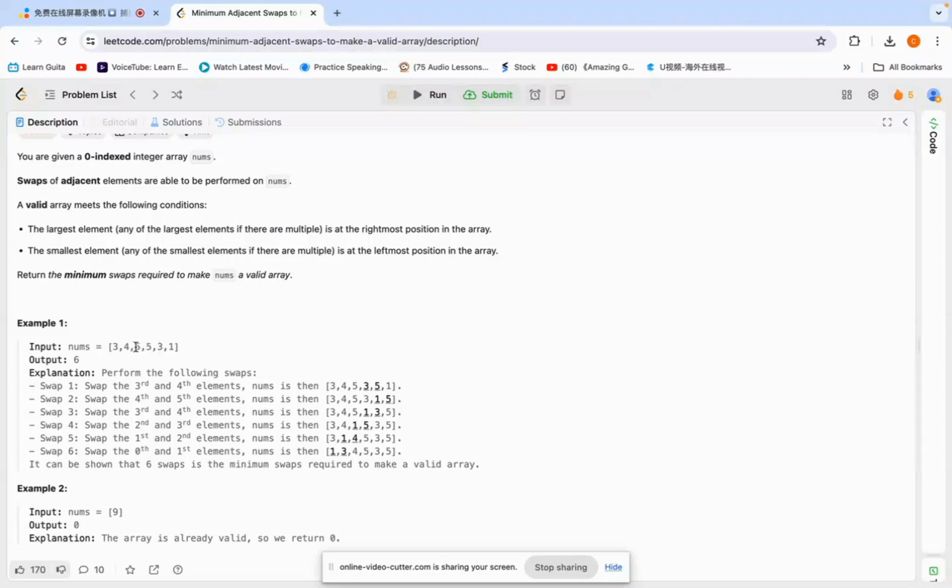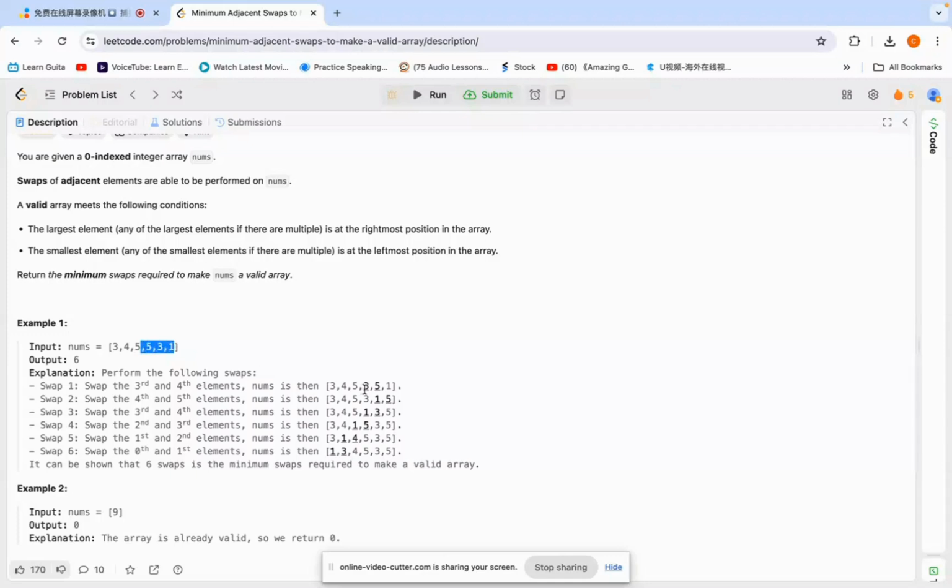But there are duplicates, and it already says the rightmost position in the array. So here we need to pick one position. Which one? We need to pick the rightmost position, right? Because we only need to swap two positions and then the 5 will be in the last position,